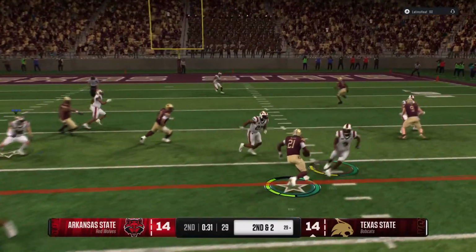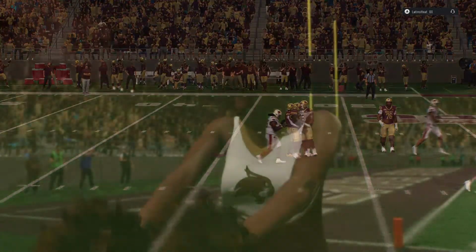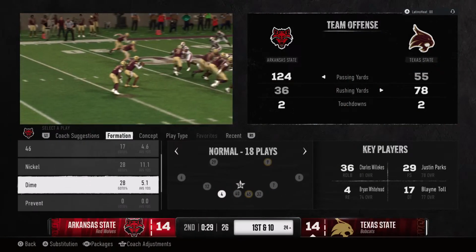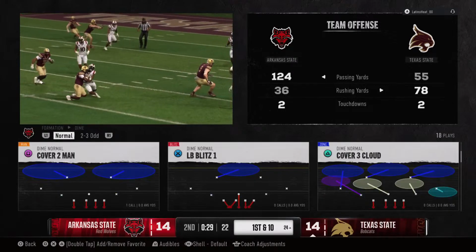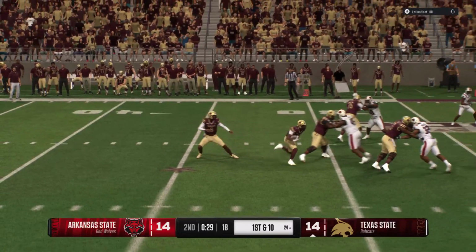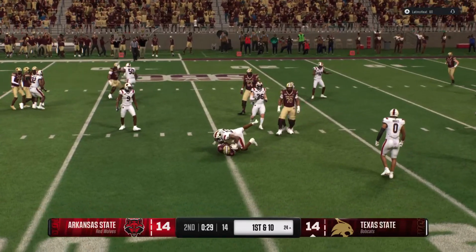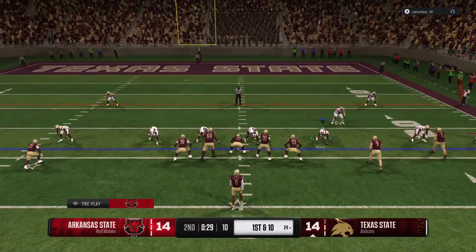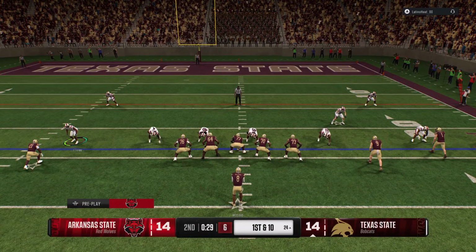From the gun, running back gets the give. Across the 25 to the 24-yard line before he's stopped. Picks up a 5 and a first down. The offense wastes no time getting the timeout call. The Bobcats come to the line with a fresh set of downs. Black 14. Black